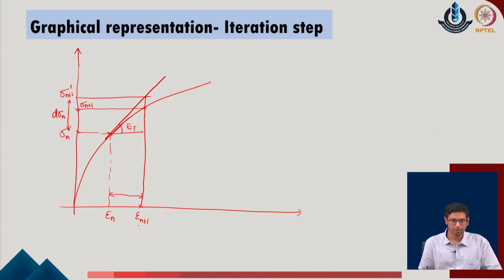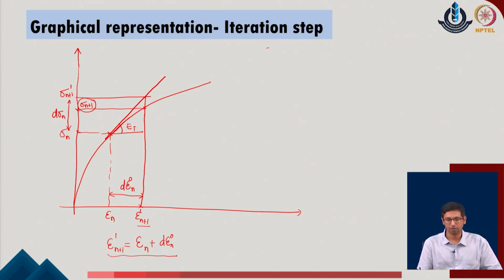So, rather than calling it epsilon of n plus 1 directly, I will call it epsilon of n plus 1 of 1, which means it is the first iteration in the given system, and I will provide here d of epsilon n 0, which is from the 0th iteration that has been done. So, the value of d epsilon naught, the moment it has been obtained, can be used to evaluate the value of n plus 1 at position 1. So, we write this as epsilon n plus d of epsilon n naught. Now, with respect to this value, the user will be able to calculate sigma of n plus 1 in the given system.